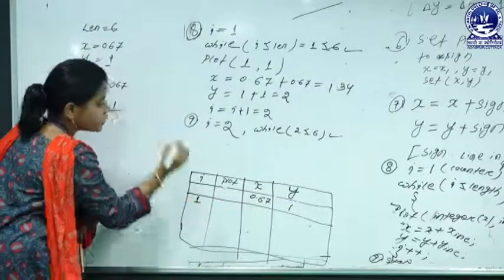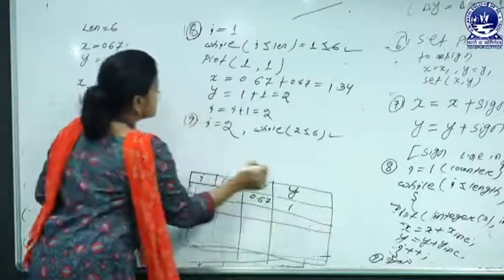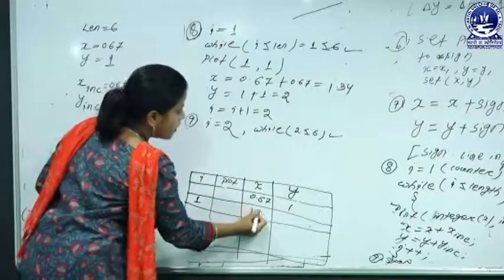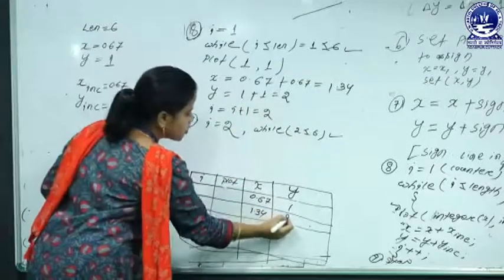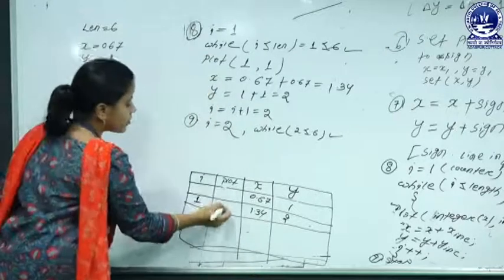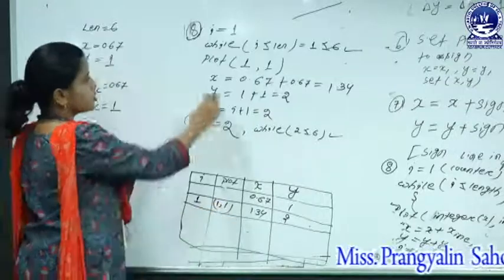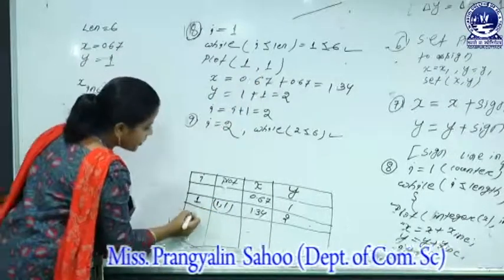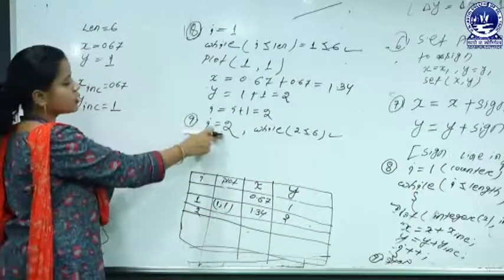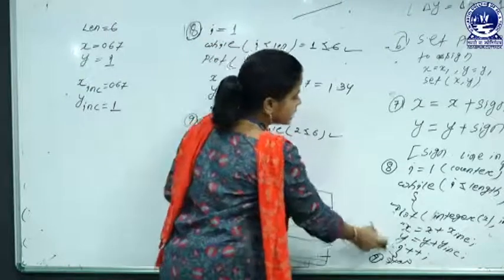But when I encounters the value 1, in this case the x coordinate value is 1.34 and the y coordinate value is 2. But whenever we plot the coordinate value, it is in integer format, using the previous coordinate value. So here the plot value is 1 1. Then after that when the counter value is incremented, that means the counter value is 2, again the condition is true. If the condition is true, again it is executed.